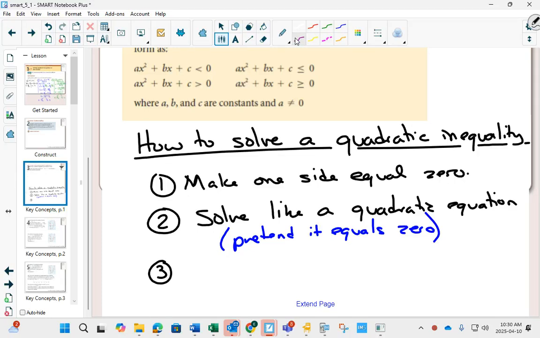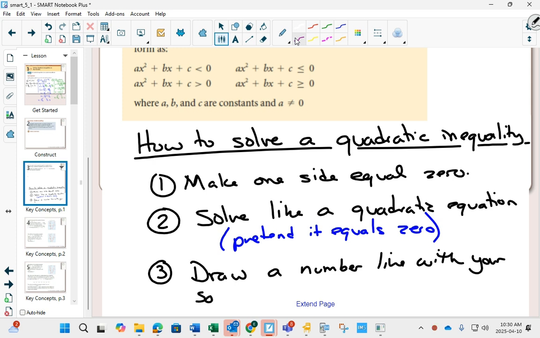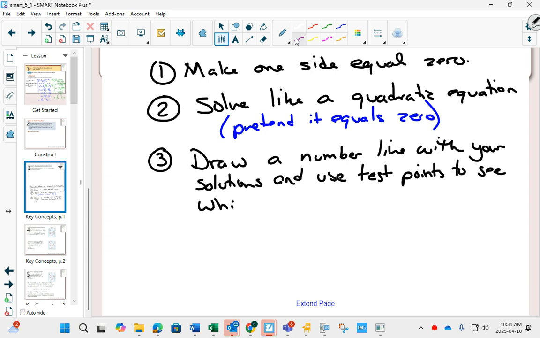Then this is where it'll get a little bit different. So we'll see what this means. And then finally we just